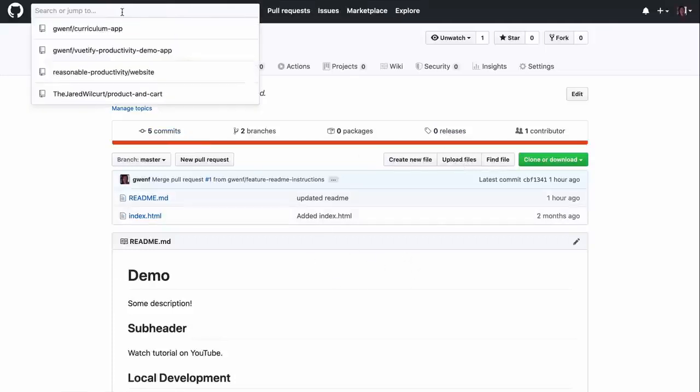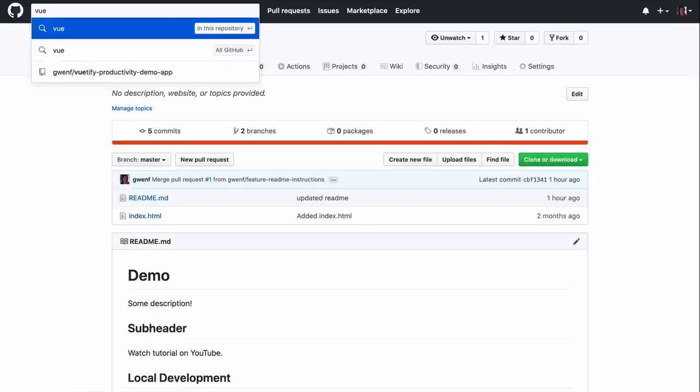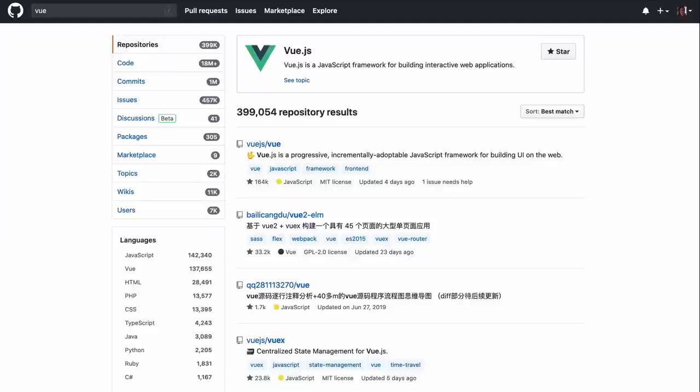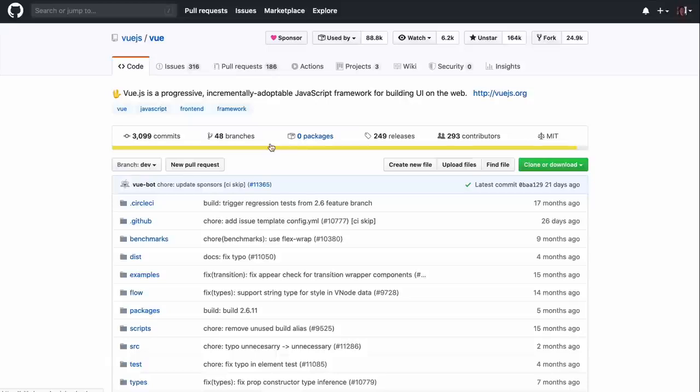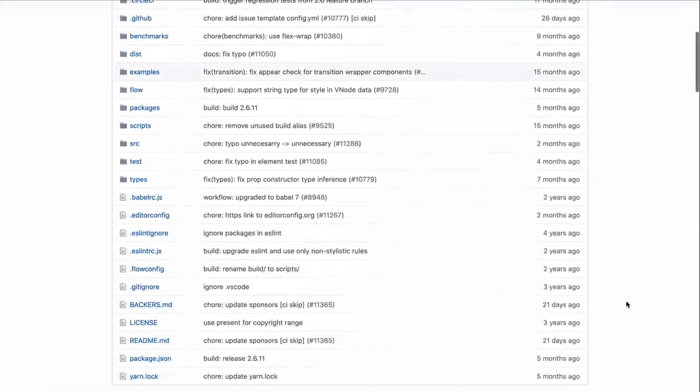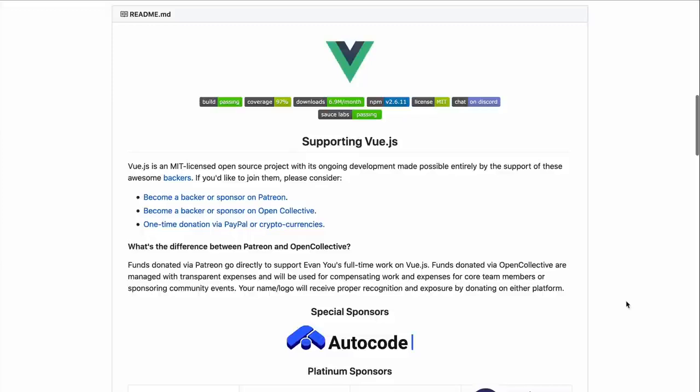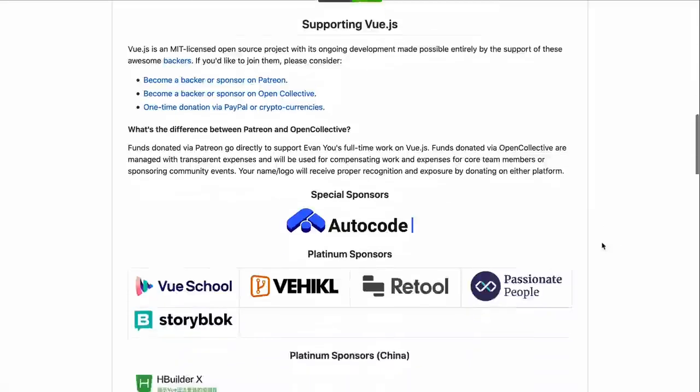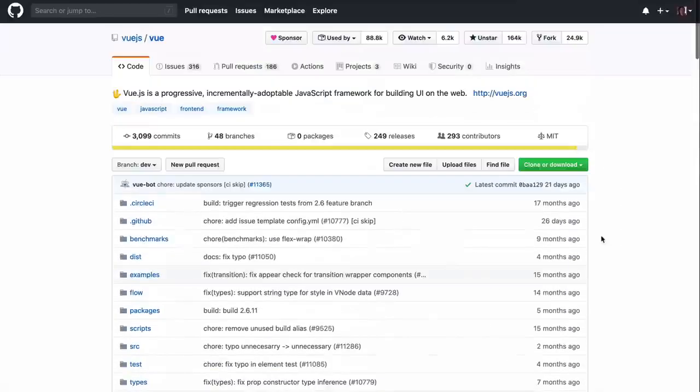So let me find just a random repo on GitHub. Okay, so here's Vue.js. So let me click on this. And I actually don't have access to change anything in this repo. So if I want to make a PR against this repo and request for my changes to be added, or if I just want to be able to branch off of the code in this repo and do whatever I want with it, then I want to fork it. So I'm going to hit the fork button here